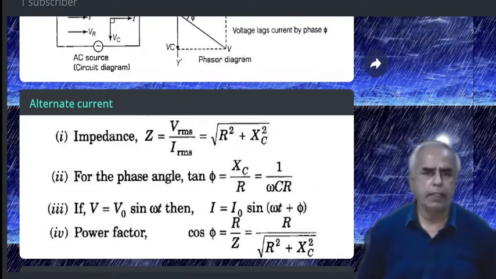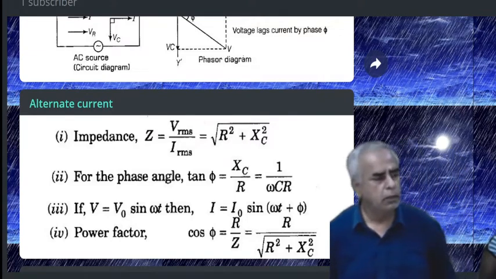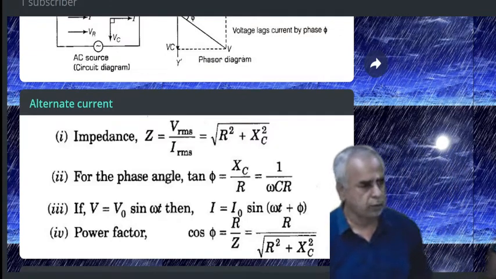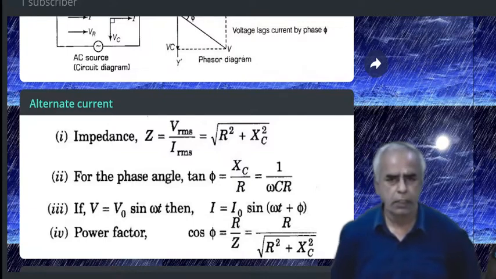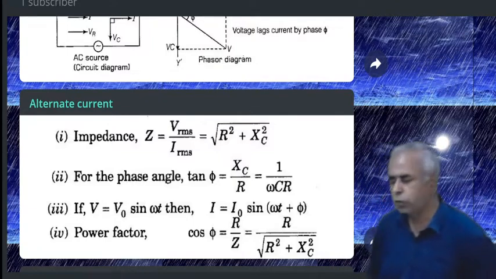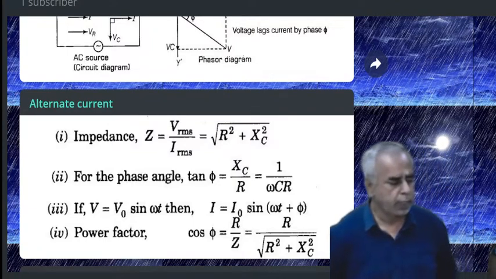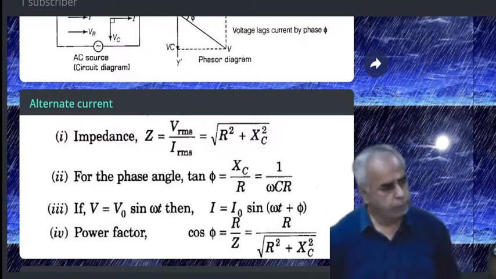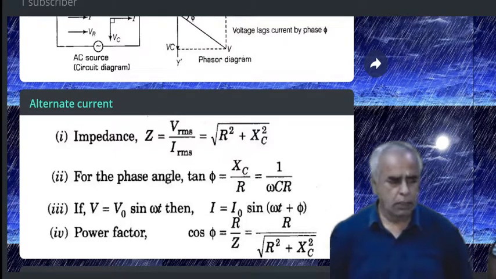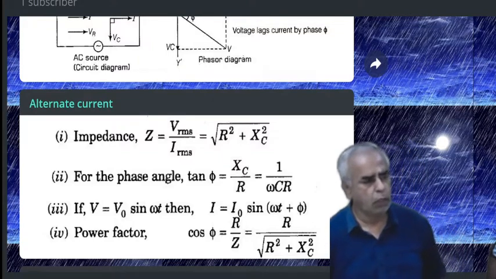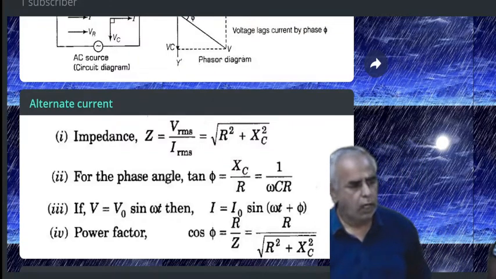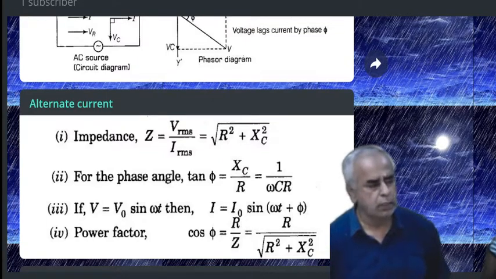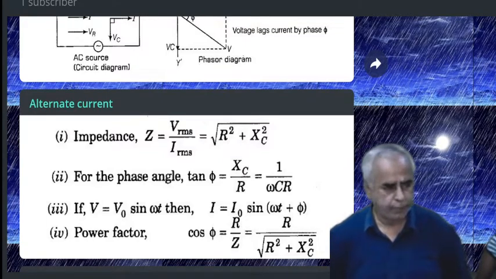And what do you mean by XC? XC is nothing but the capacitive reactance. Are you able to follow? What is XC? Capacitive reactance. And what is the formula for XC, the expression in terms of omega? 1 by C omega. What is C? Capacitance in farad. And what about omega? Angular frequency. Angular frequency is also given as theta by t, is it not?